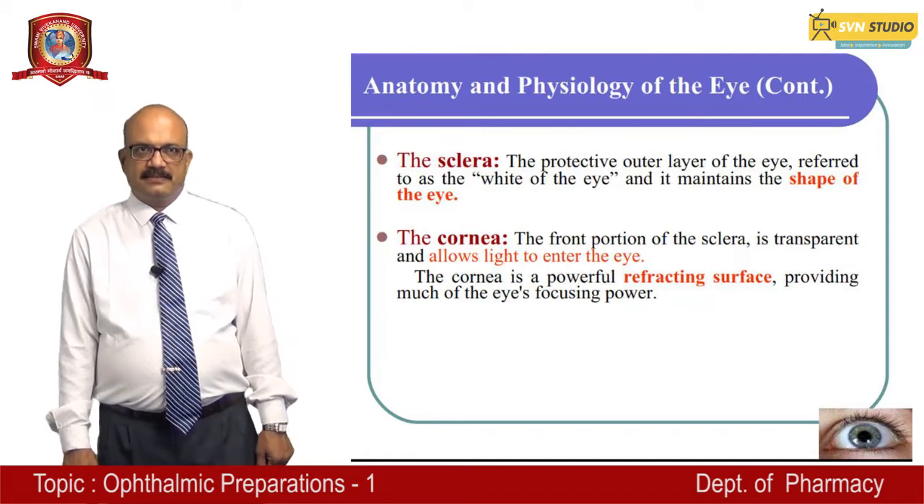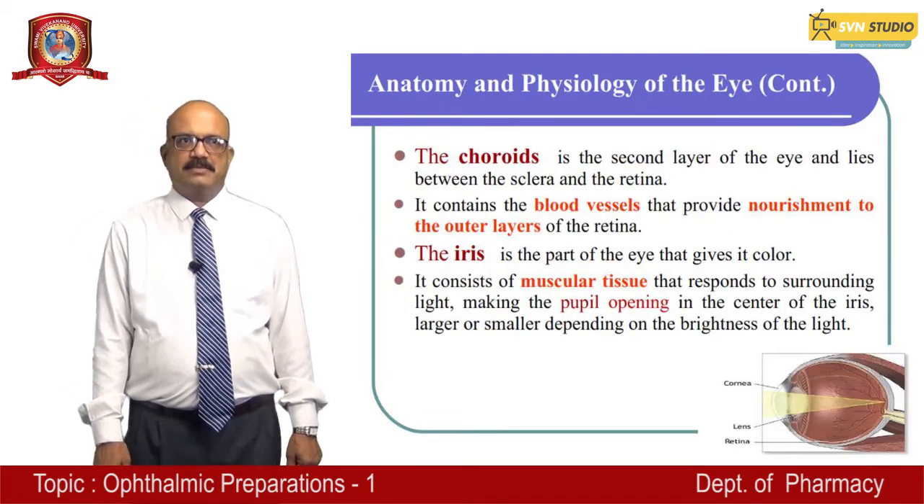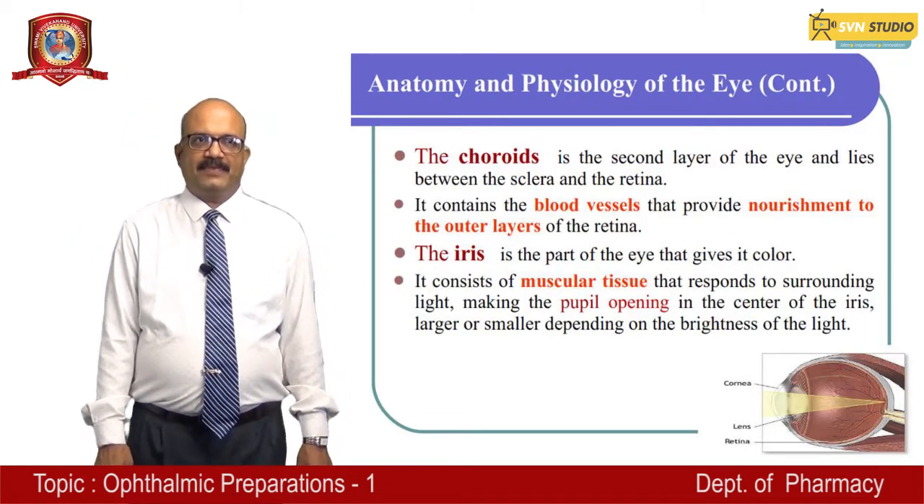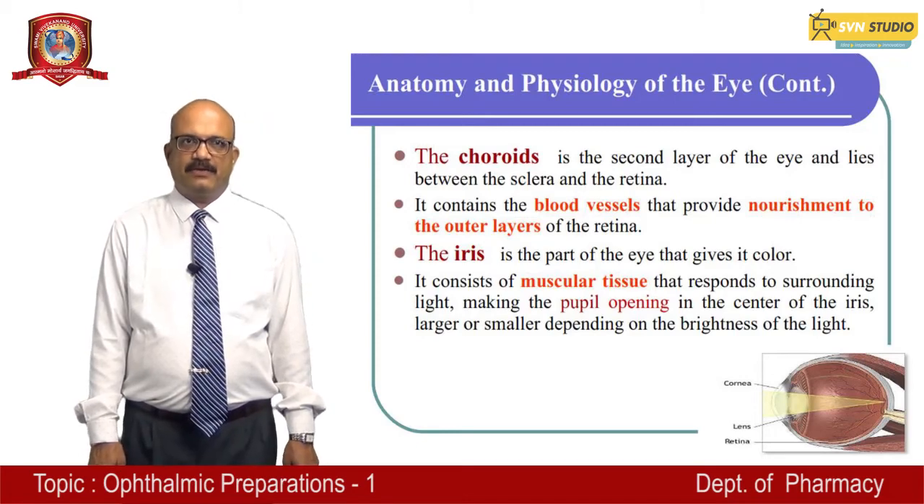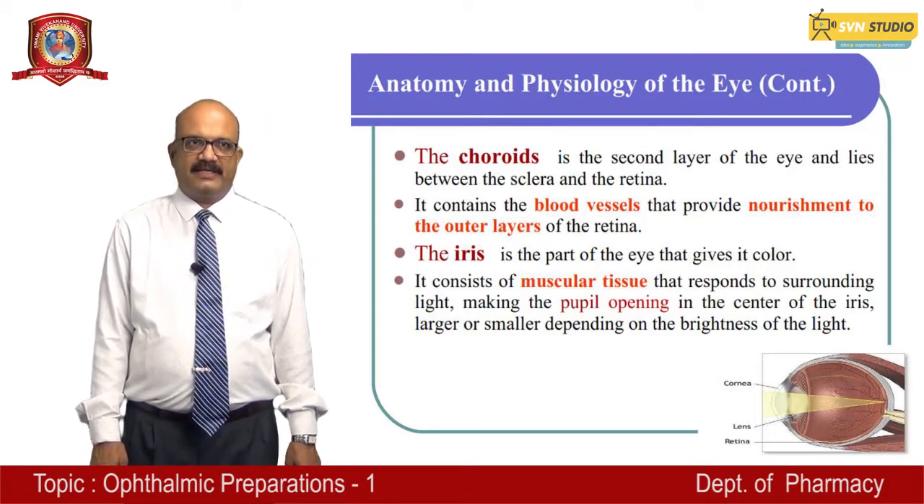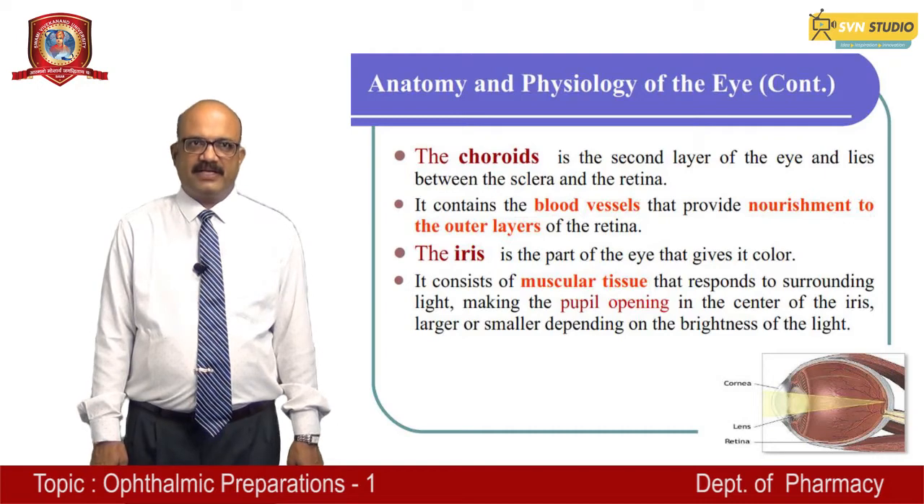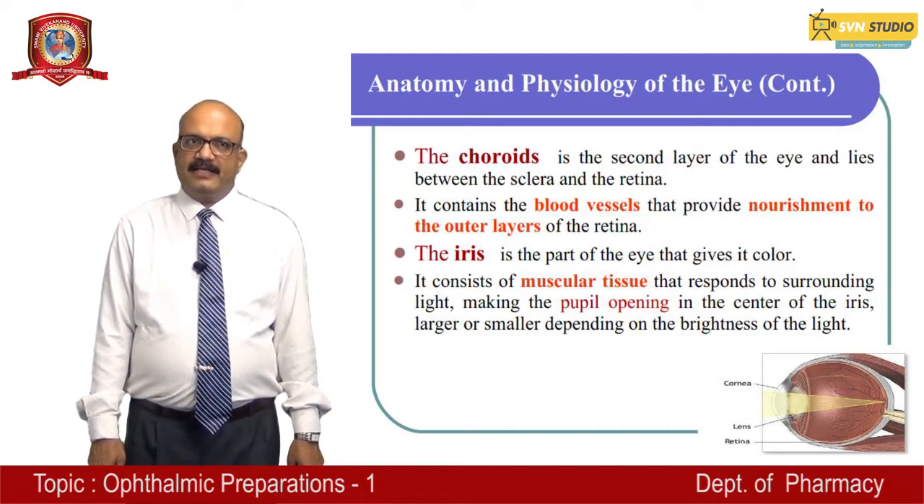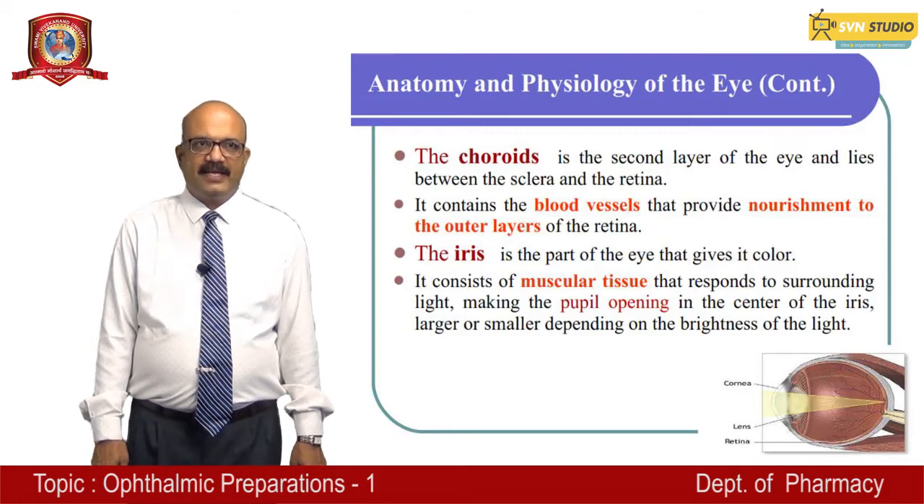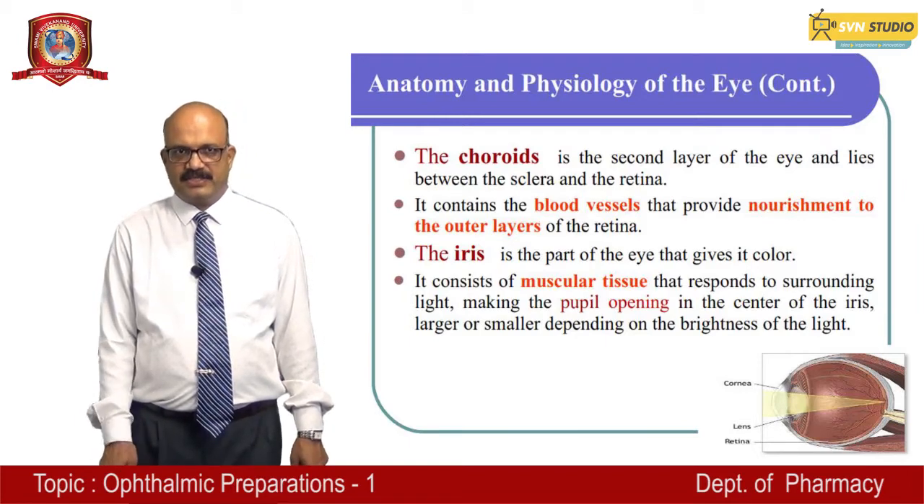The choroid is the second layer of the eye and lies between the sclera and the retina. It contains the blood vessels that provide nourishment to the outer layer of the retina. The iris is the part of the eye that gives it color. It consists of muscular tissue that responds to surrounding light, making the pupil opening in the center of the iris larger or smaller depending on the brightness of the light. As you can see in this picture,